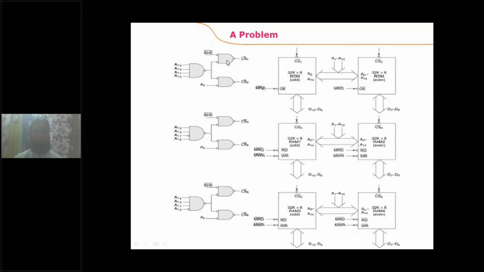Why? Because it generates 0, so it is to be converted to 1 so that the output of the NAND gate can be 0. If this NAND gate is connected to BHE bar, it is the chip select signal for the odd bank. Why? Because the odd bank is enabled with BHE bar. And if this NAND gate is connected to A0, the output of this NAND gate acts as the chip select signal for the even bank.